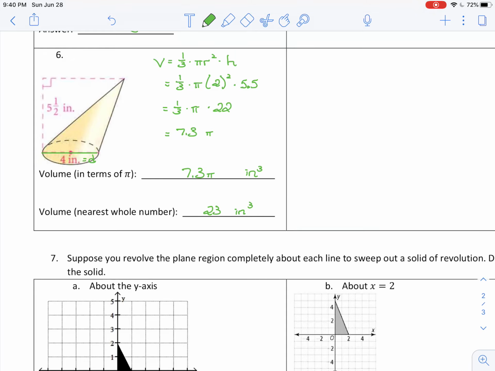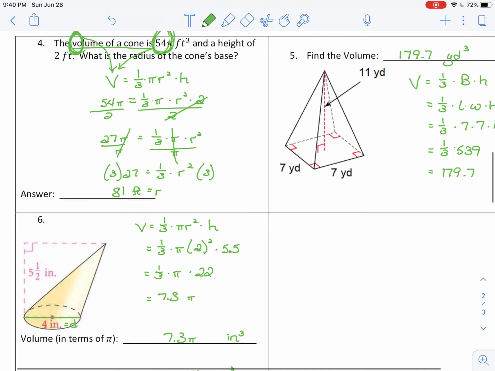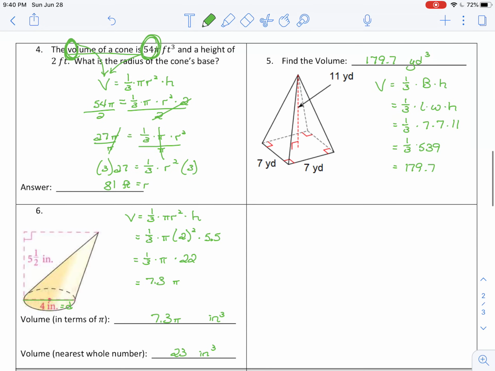At some point I'll end up writing out directions for when it's this shape, use this formula. But as always, when you do a problem, just stop and ask yourself, what